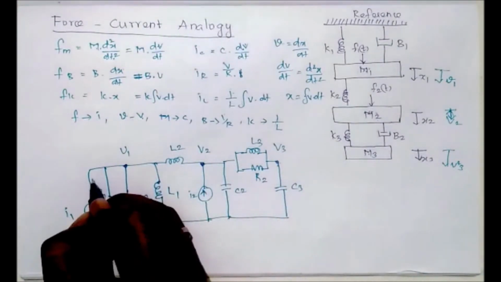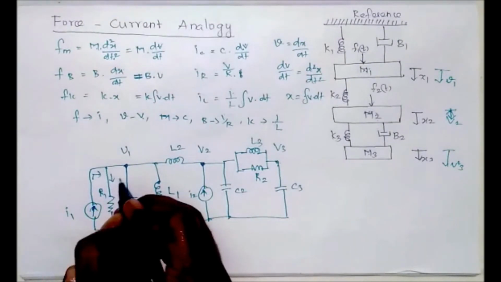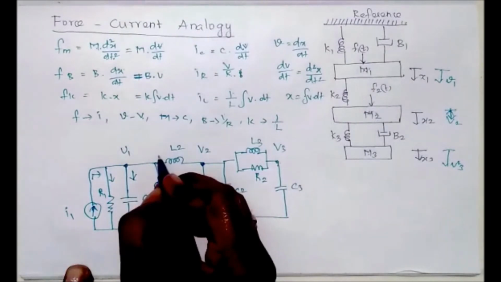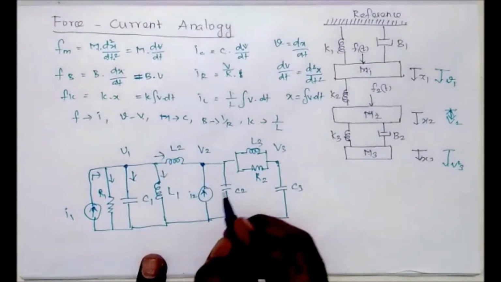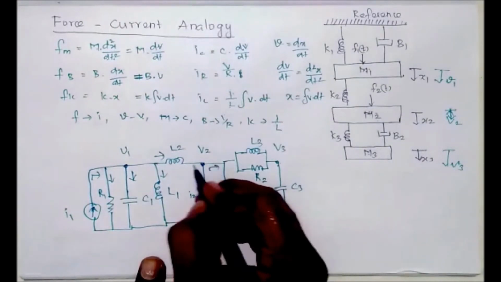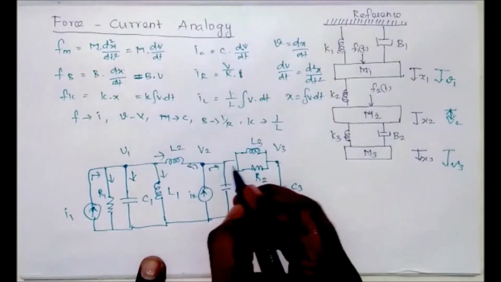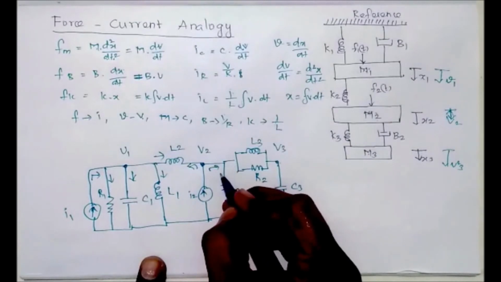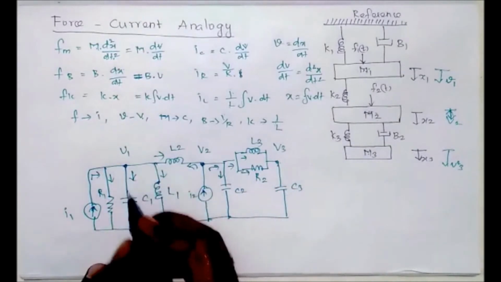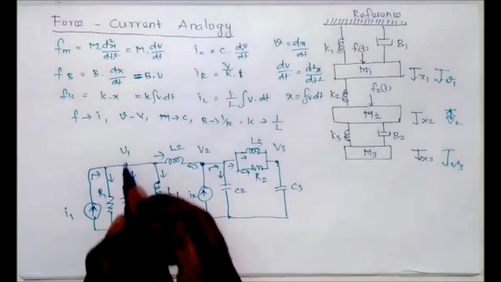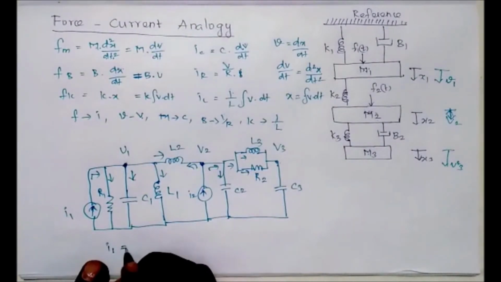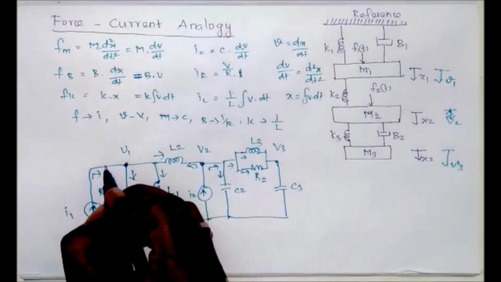So this is only input current. So now current will flow. This current will divide into here, here and here, and also here. So now this current may go here and also here. Then this current will split into here, here, again it will split into here. Now we can take this node, we have to write the current. So at this node input current is I1, therefore I1 equal to this V1.